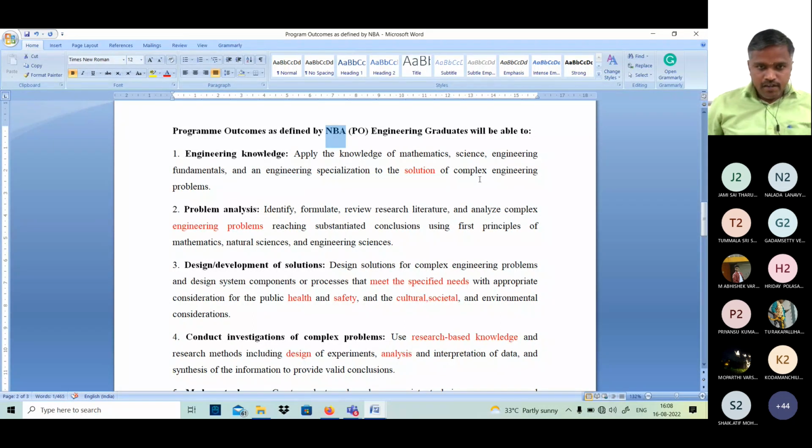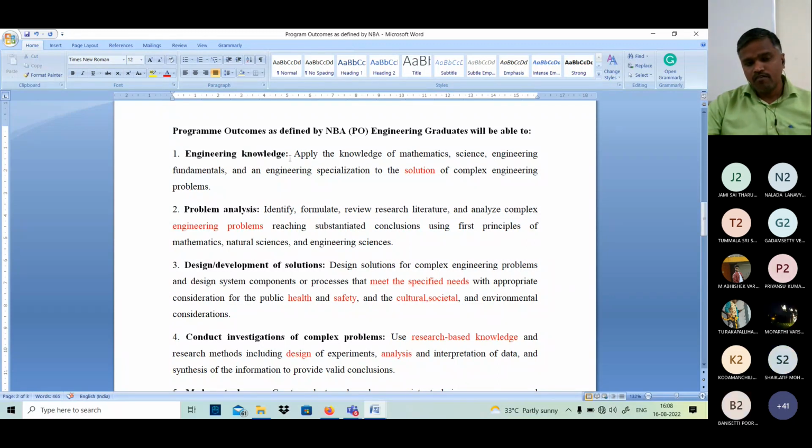Each and every graduate, when getting the graduation, that particular person will benefit from these program outcomes. So the first program outcome is engineering knowledge. All the program outcomes are related to all engineering departments: civil engineering, computer science engineering, mechanical engineering, electrical engineering, electronics and communication engineering, production engineering, chemical engineering. So all engineering